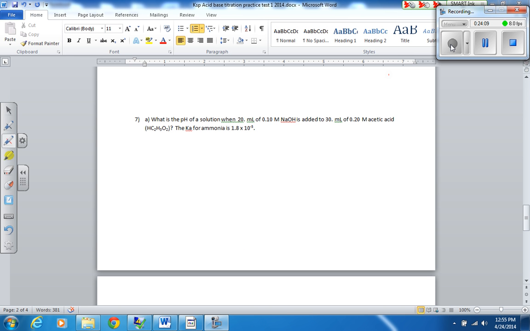Number 7. This is a titration problem. Issue here: we've got 2 volumes. Anytime you see 2 volumes, you need to do dilution for every chemical that you're adding. So right away, because you see 2 volumes, you say, oh, I need to do MiVi equals MfVf. So we have NaOH. We're going to do MiVi. So Mi is 0.1 molar, Vi is 20 mils, equals Mf times V